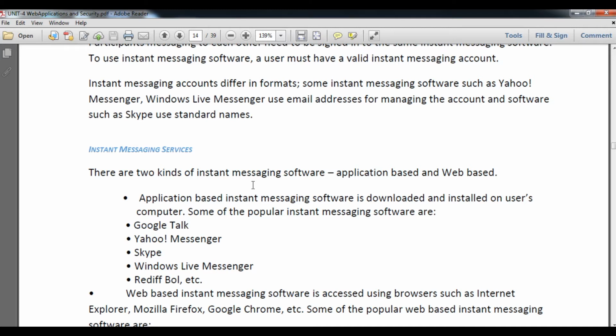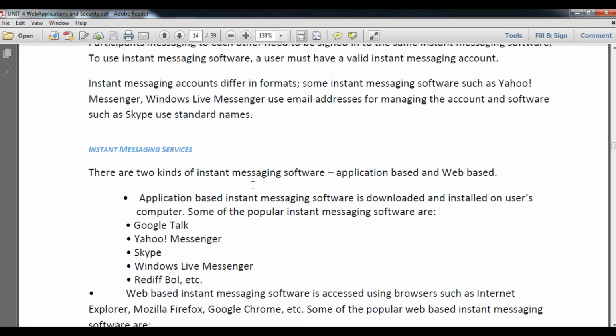Application based instant messaging software are those which are installed in our computer as software, and web based instant messaging software are those which appear in your web browser.